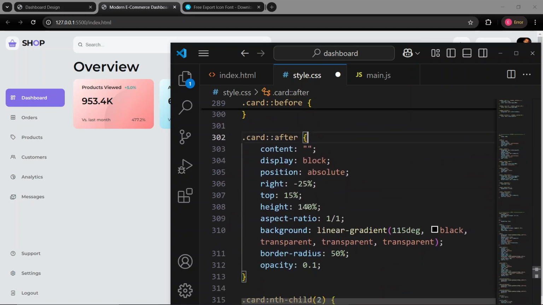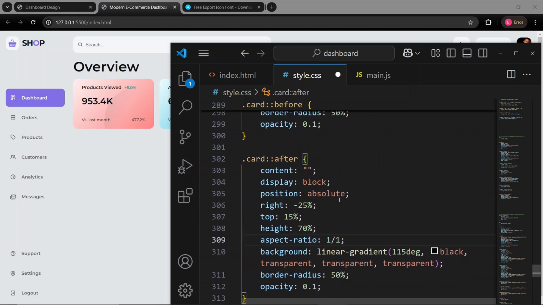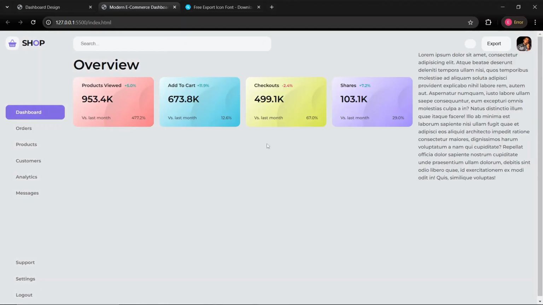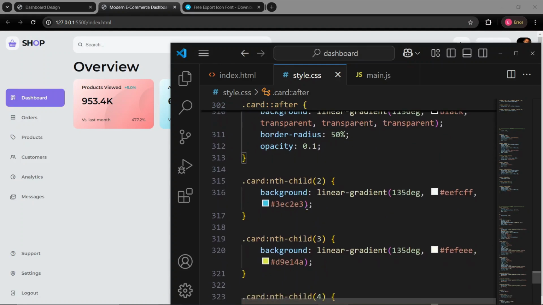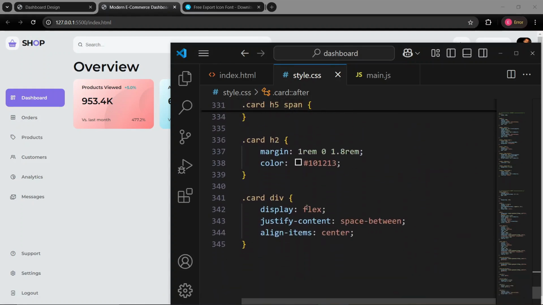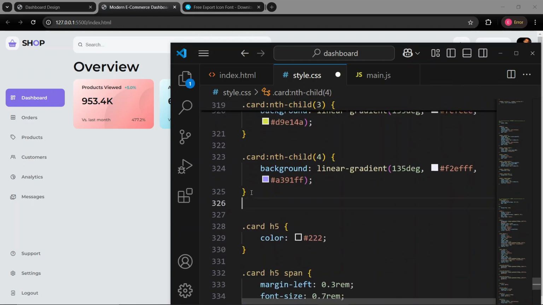And for this, I'm just going to make some adjustments. The height is going to be 70, so the width is going to be the same since the aspect ratio is 1:1. From the top is going to be 15 here as well. And now if I save this, now that's what we have. Perfect. I think the last thing we need to do is actually to have a hover effect. Okay, so right here